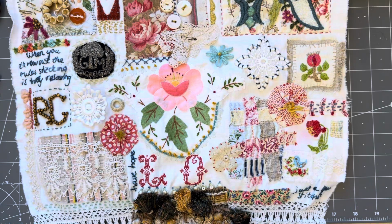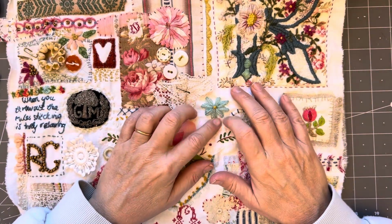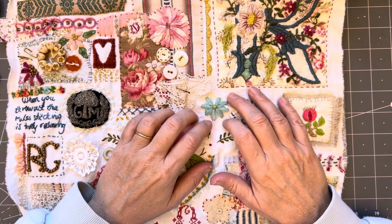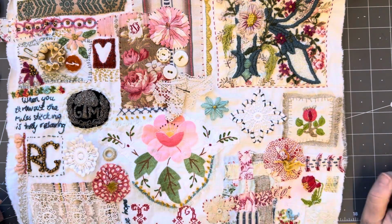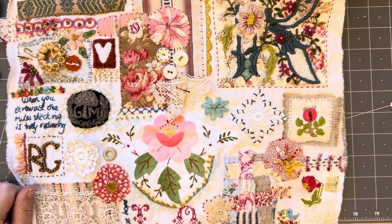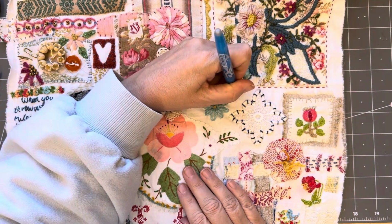So now my next thing I need to do is think about here. I probably need to add a few stitches there, they're separating because they were long stitches, but I actually don't mind. I just wanted to grab my pen, which I've cleverly put over here so I can find it, and I think I'm just going to do